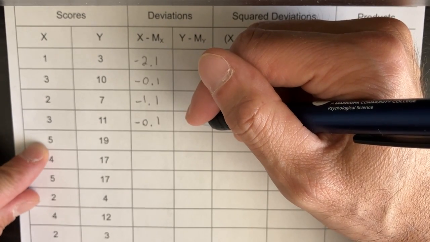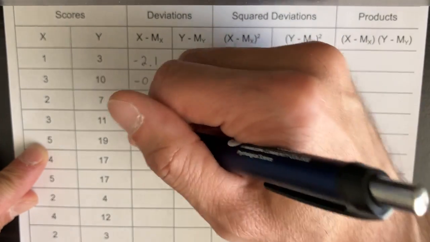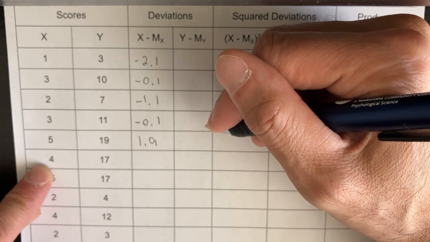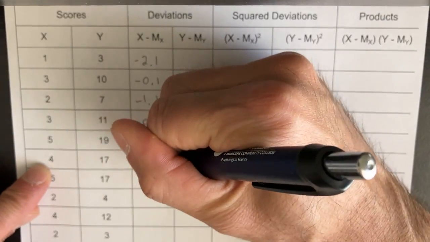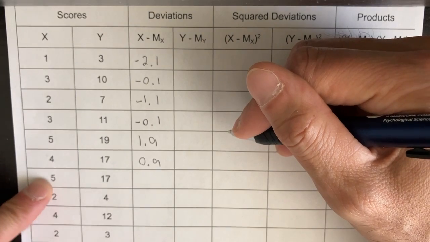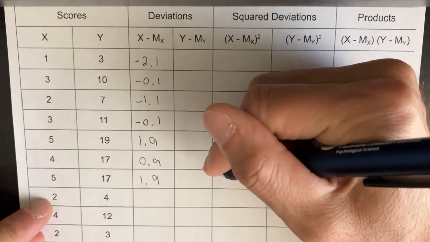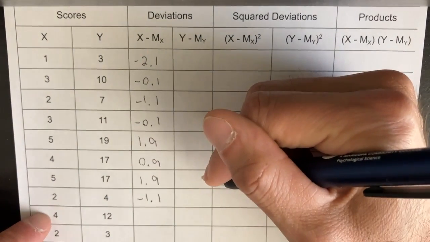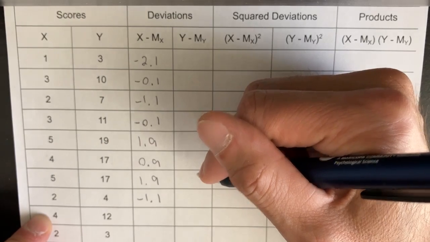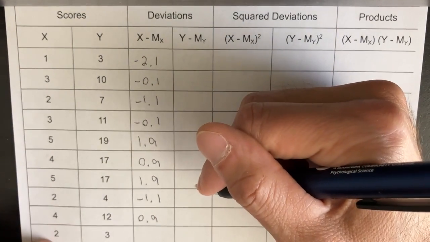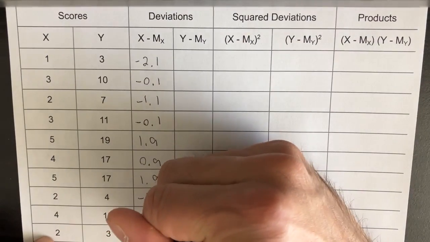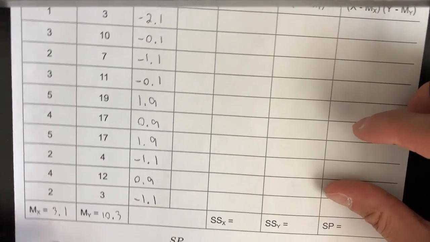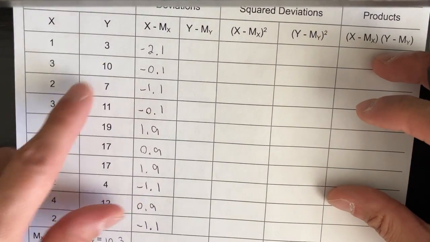Then we do 5 minus 3.1, and we get 1.9. Then we do 4 minus 3.1, and we get 0.9. And then we do 5 minus 3.1 again, and we get 1.9 again. Then we do 2 minus 3.1 again, and again we get negative 1.1. We have 4 minus 3.1, so we get 0.9 again, and then lastly we have 2 minus 3.1, and again we get negative 1.1. So we're going to go through this exact same process of subtracting the y mean of 10.3 from all of the y values and fill in